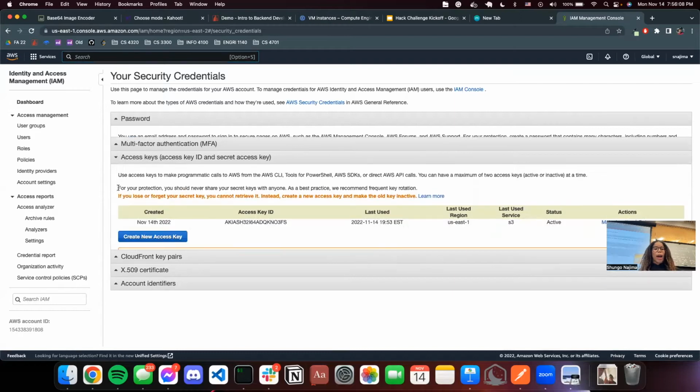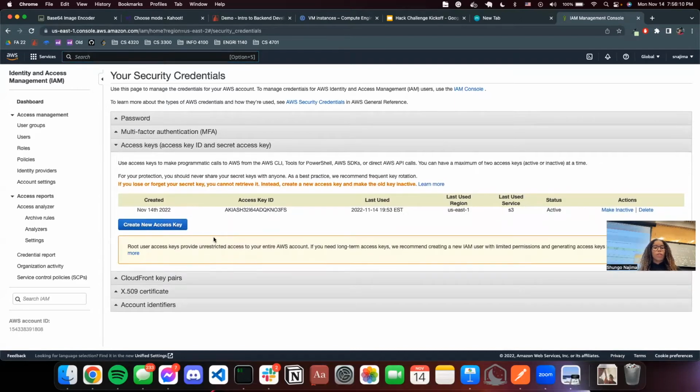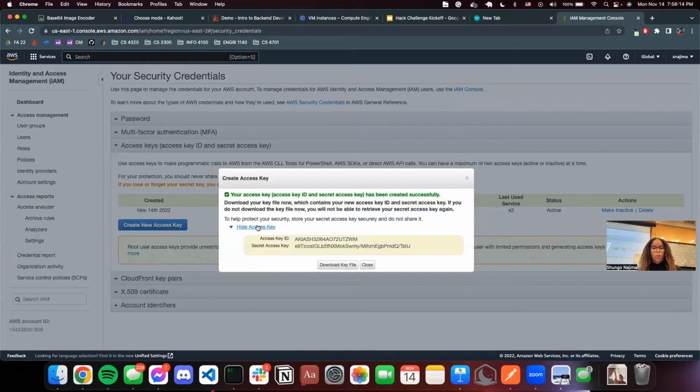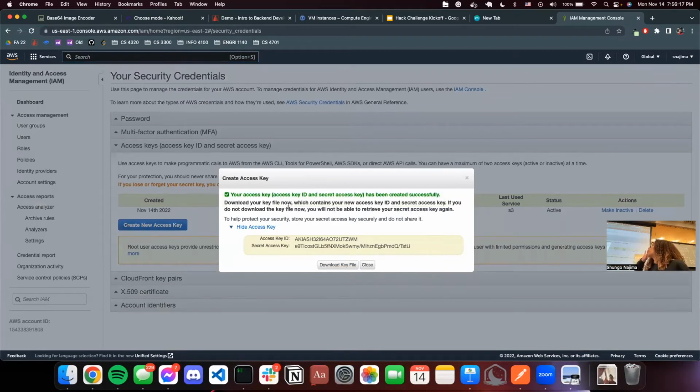Then we go to access keys, and we're going to create a new access key. Then what we can do is show the access key. In a real world setting, you do not want this accessible to anyone, because if you have this access key, you then have access to your AWS account. So after the demo, Shingo should probably delete this access key. But in the context of our demo, this access key will be used as a form of credentials for our AWS